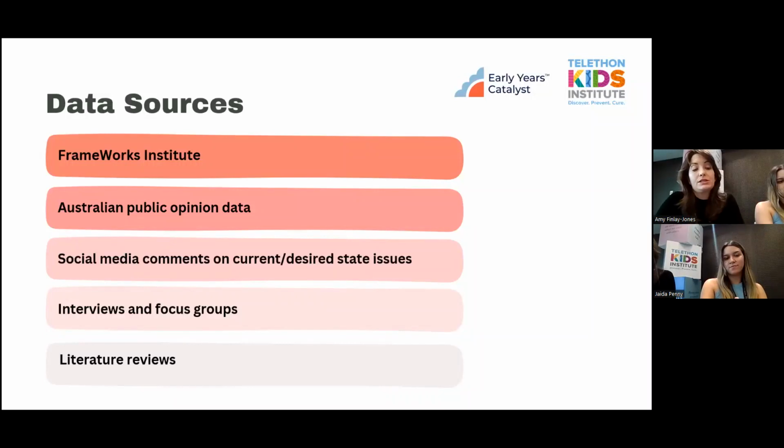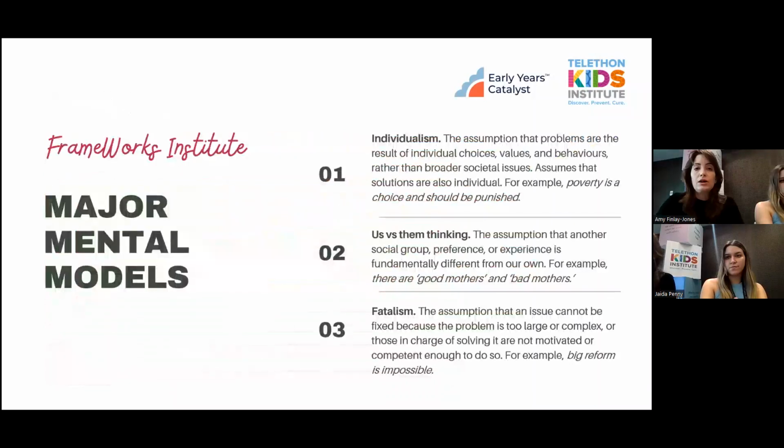And finally, we did literature reviews in specific areas to better understand the context for certain issues that were raised through our consultation process, and to look specifically at how thinking may have changed over time and get a bit of a sense of some of the conditions that may hold certain mental models in place. Okay, so,